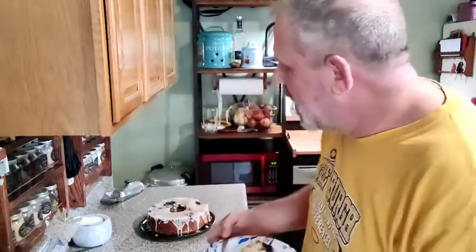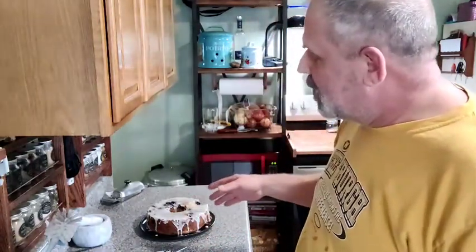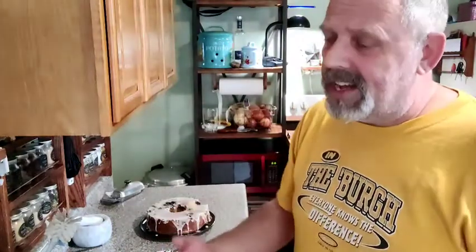in a Bundt pan. If you don't have a Bundt pan, you could probably squeeze that batter into just a regular bread pan and do it that way. You just have to watch your times and start checking it at maybe a little earlier or a little later. I don't know, because I've never made it in a bread pan. But I imagine it'd take about an hour with it being so compact like that and dense. But anyhow,